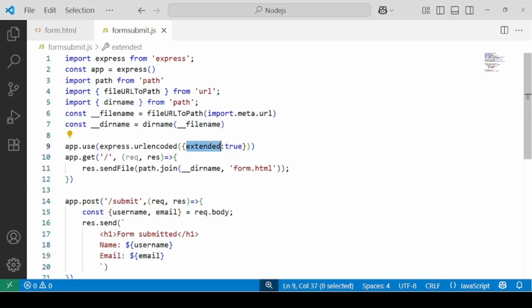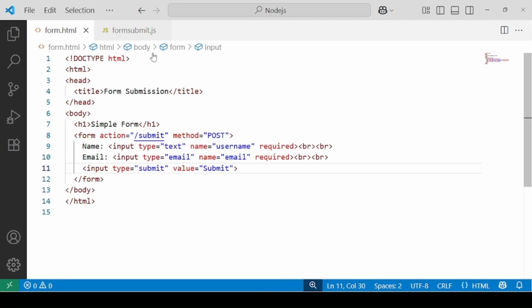Now the real reason behind writing extended as true or extended as false, see, it's very simple. If you use extended as false, then you can use simple field names and they will be considered as simple only. They will be treated as simple strings. So there won't be any nested data.